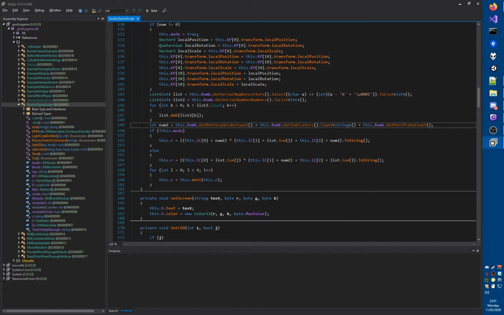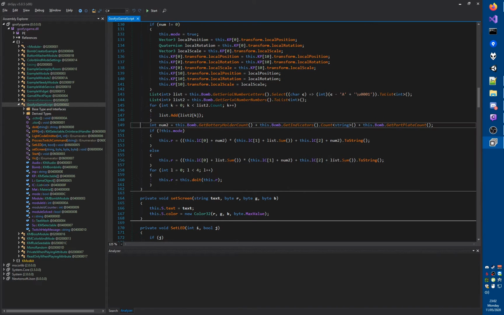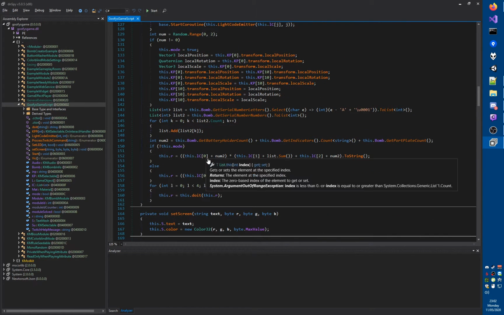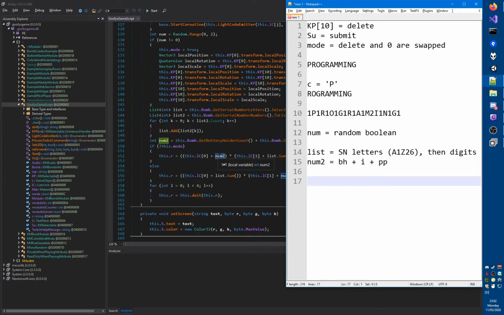Okay. Num2 is going to be the battery holder count plus indicators plus the number of port plates. If we are not in this swapped mode, then R, which is just a string, is LC. I should have written down what LC was. Ah, okay. It's a list of 3. Oh, of course, the LED numbers. Okay. So the first number plus this. I'm gonna call the LED numbers A, B, and C. So this is A plus all of that